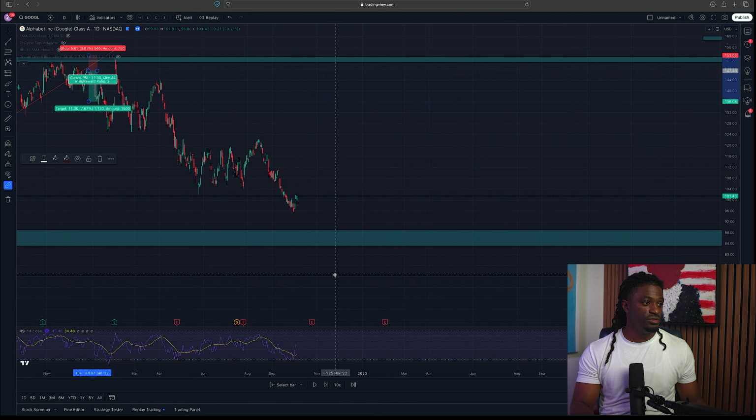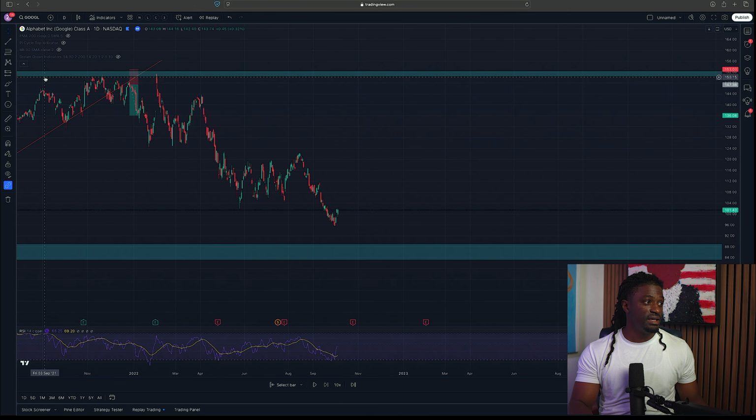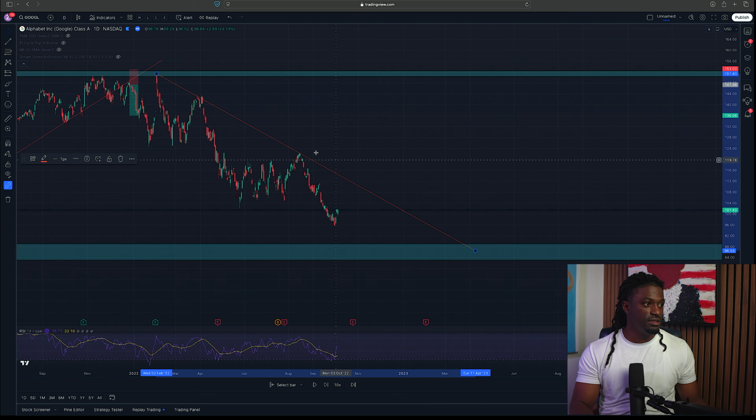All right, as you guys can see, Google is starting to make a downtrend line. I still didn't take profit yet on Google because now it's making a downtrend line, and it's clear as day, right? You go to the top of this candle, it touched once, it touched again for a second time, and now it's touching again for a third time. So now it's in a downtrend, and I would take profit when Google probably gets down here to this support